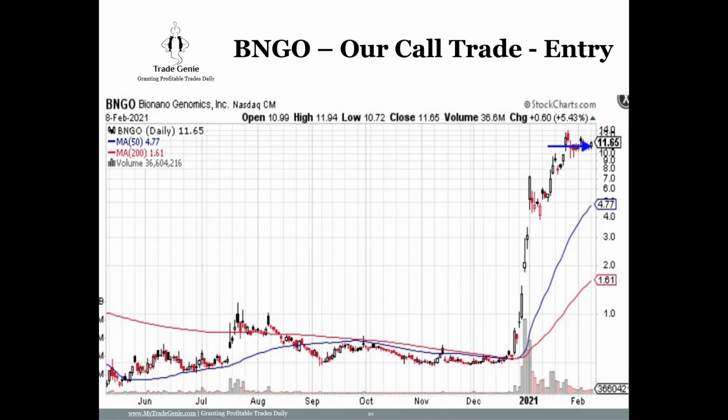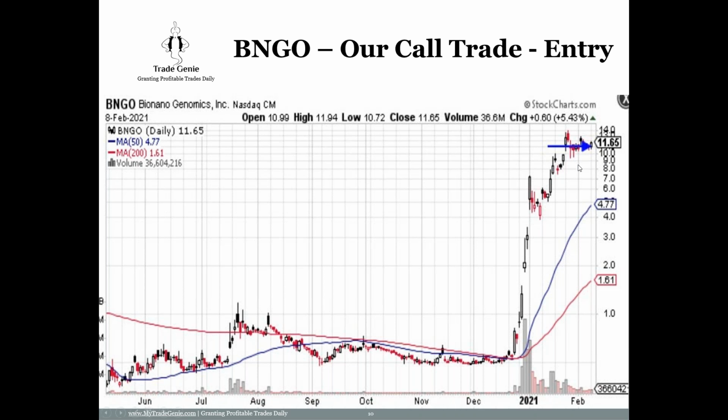Now here's, this is the first time I saw this. This is stock BNGO. So probably I saw the consolidation. Maybe there was news I read and I said, okay, I need to go long on this. Maybe there was option activity. There was volume probably there, volume in the options. So we went long at 11.65.